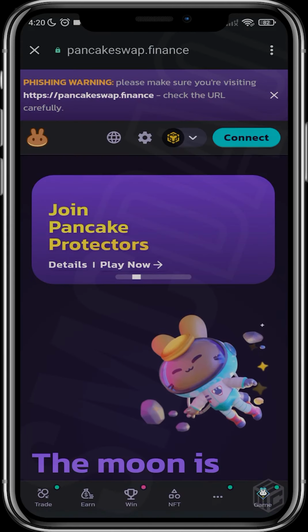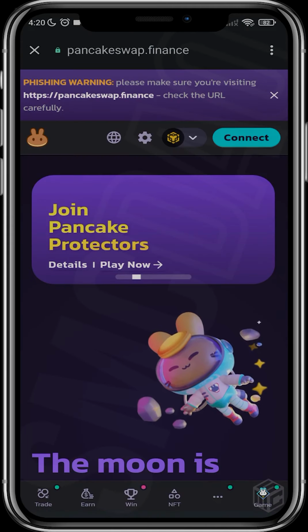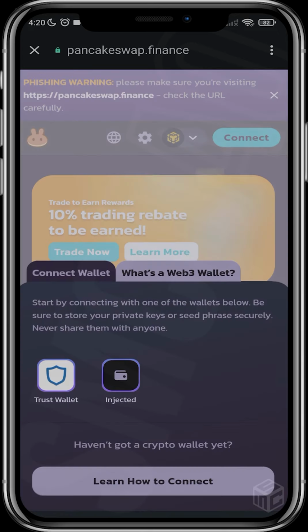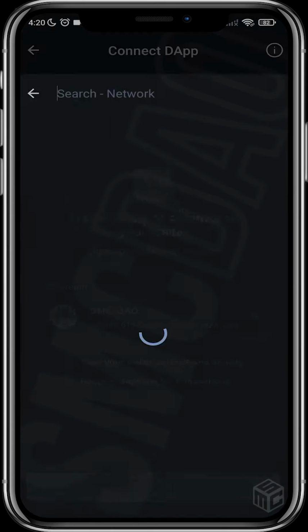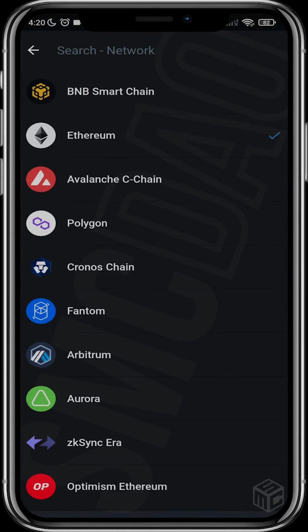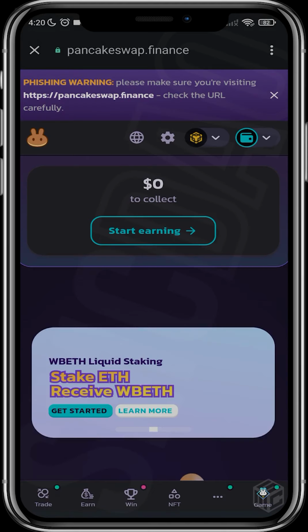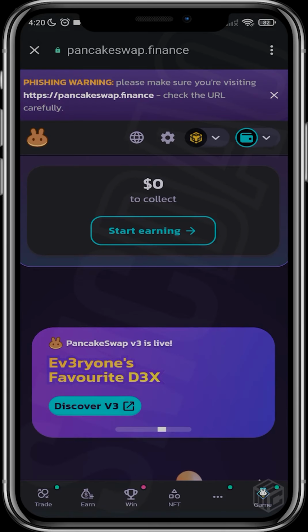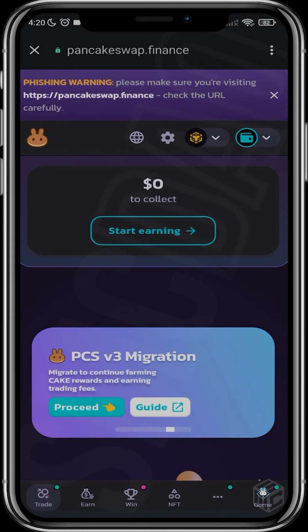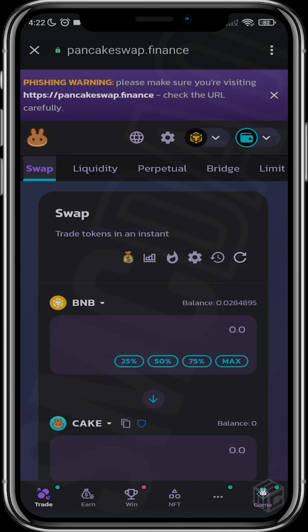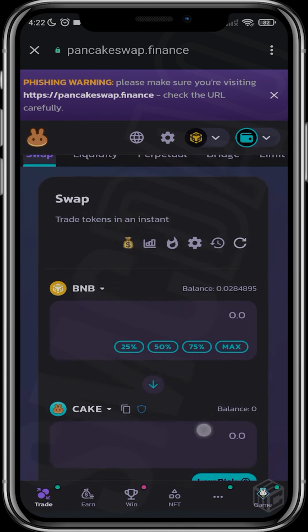Right, so now that we've opened PancakeSwap, we connect our wallet. We change this to the Binance Smart Chain because Wiki Cat has been built on the Binance Smart Chain, right? So now, since we've connected, we head over to this trade. Right, so after we've tapped on trade, it will take us to this menu,